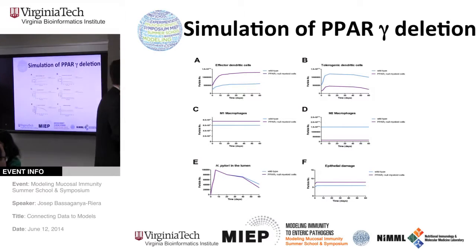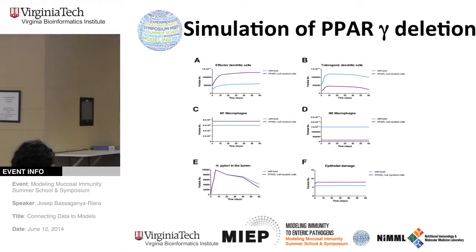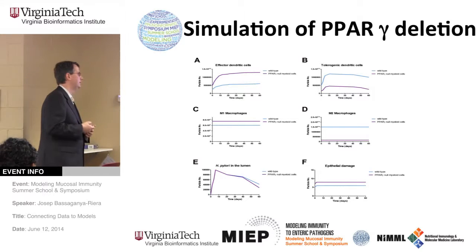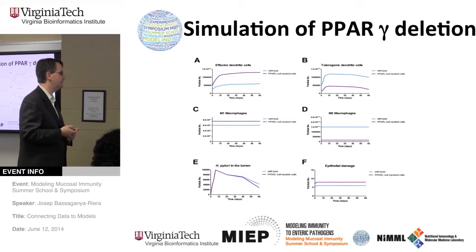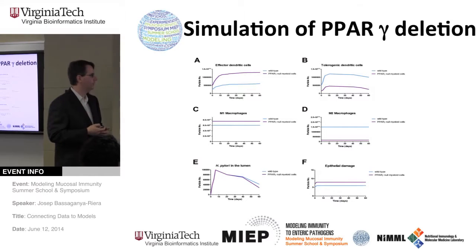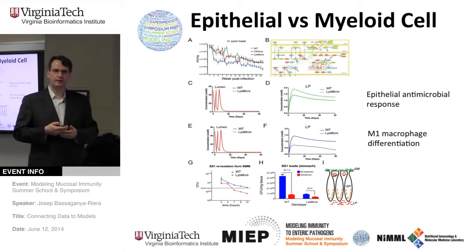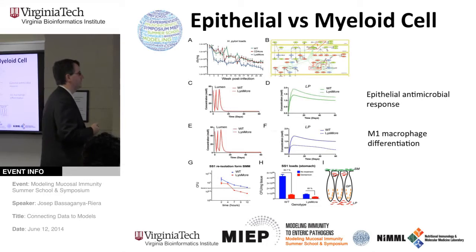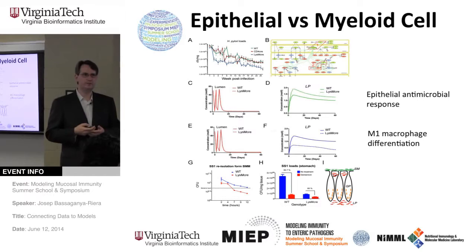And I will not get into A, B, C, D, and F, but what I wanted you to take a look at is the prediction in terms of H. pylori loads in wild type versus myeloid-specific PPAR gamma null mice. Basically, what the model predicts is that the levels of H. pylori in the lumen will be greater at the chronic stages of infection in tissue-specific PPAR gamma null mice. We've also looked at, if that's the case, is this effect mediated through the epithelial compartment, or is this mediated through a myeloid cell-related mechanism?